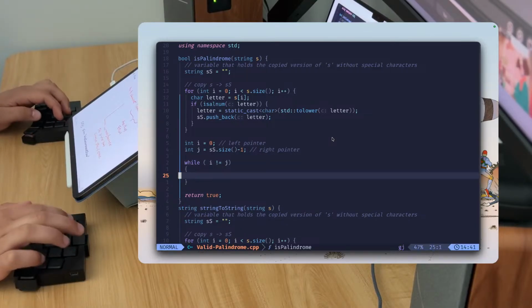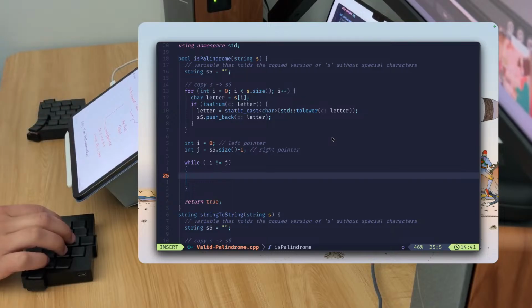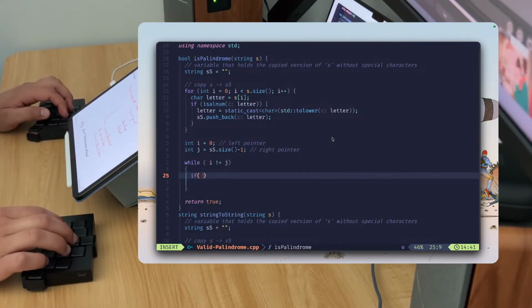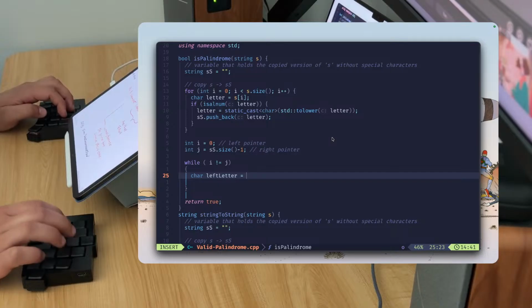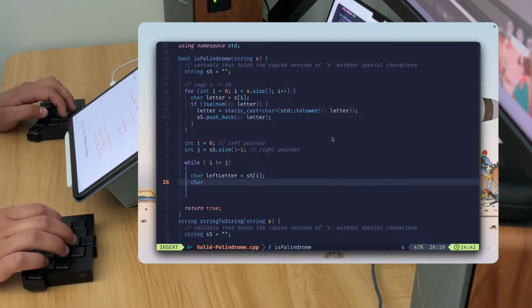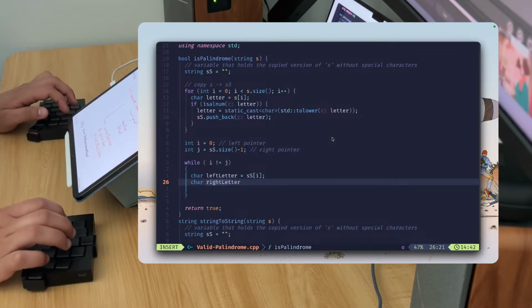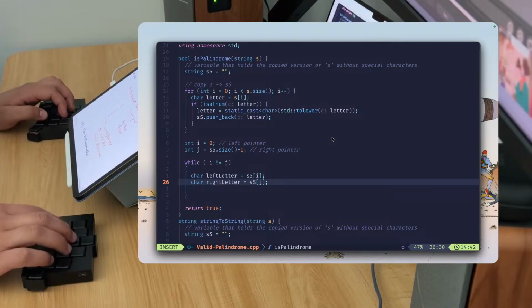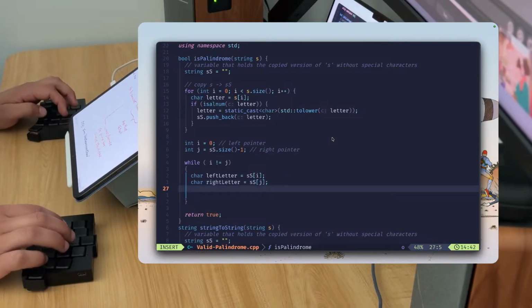We can use, see, and say if, actually, let's make it more explicit by saying char left letter equal to SSI, and then char, and this one's J. Okay, so now in the condition,